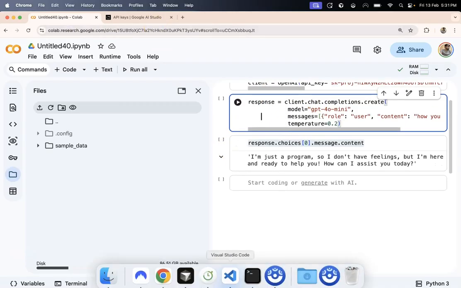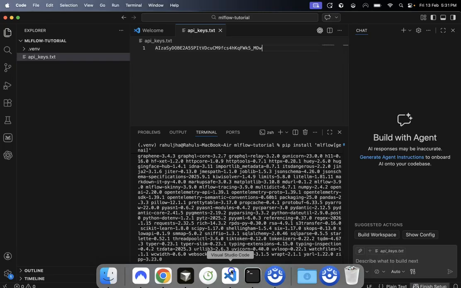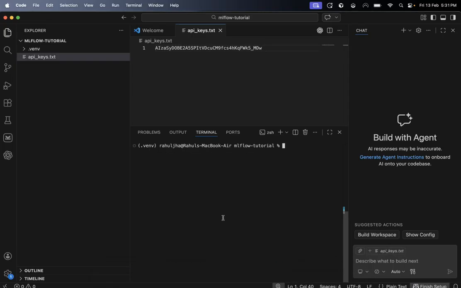Now that we have the packages installed and API keys set up, we want to start the MLflow server, because that's where we are going to be creating endpoints and API keys. I'll tell you what endpoints are in a moment. So I'll run mlflow server, and I'll specify the port. I'll specify 5000 or any port which is not in use. Currently for me, 5000 is not in use, so you want to make sure that 5000 is something that you can possibly use.